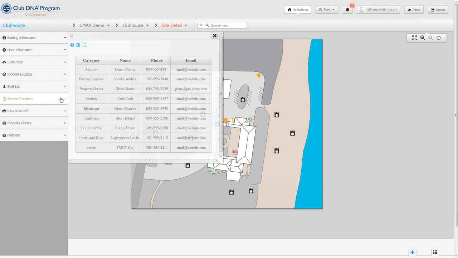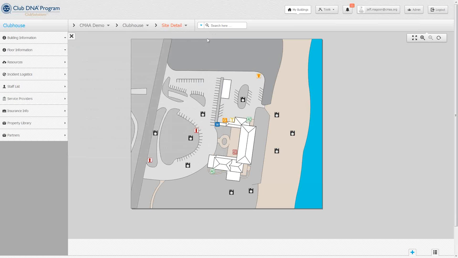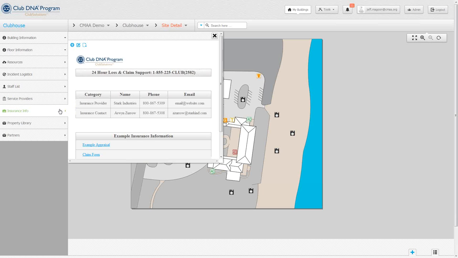And then we'll ask for your top 10, top 20 service providers that your key staff members need to have access to. We put that in one spot for you. Your insurance information. This is something that I have found as I've traveled, just having your insurance information in one spot in case your board, your attorney, somebody at your facility needs access to your insurance information, and you're able